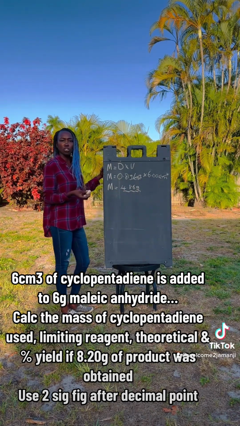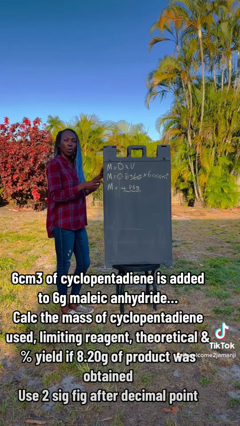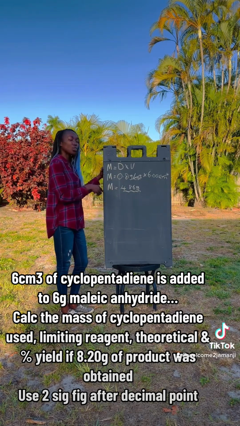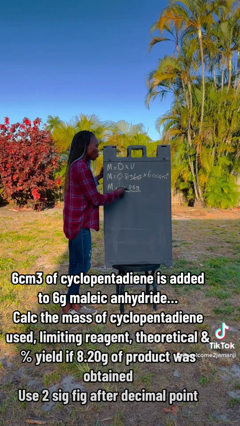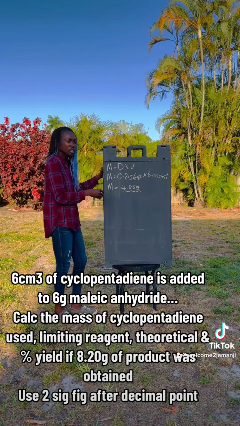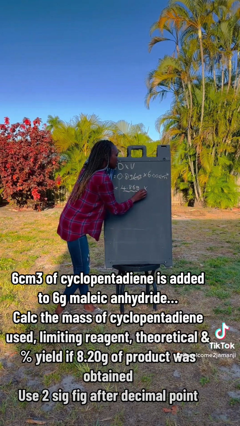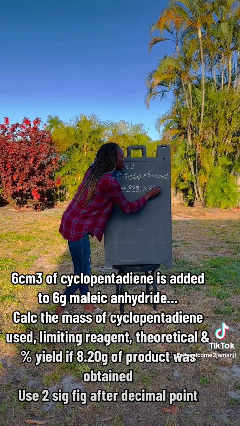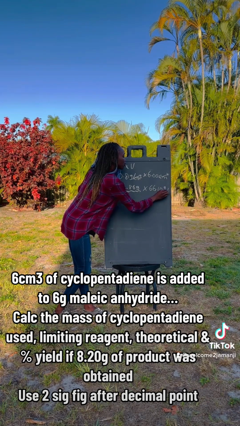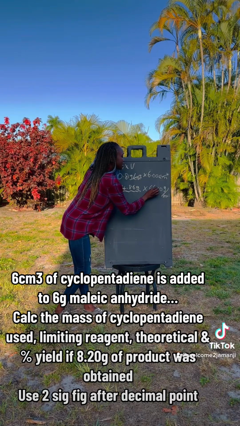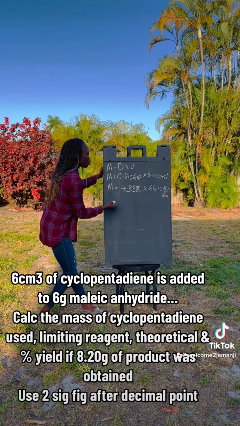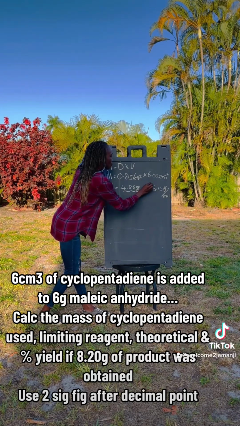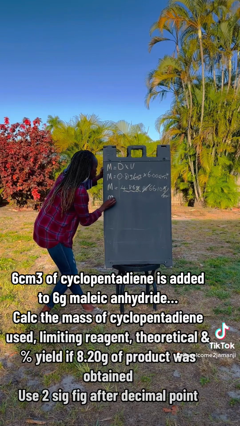Now, to figure out your limiting reagent, we need to convert both cyclopentadiene and maleic anhydride from grams to moles. And to do that, we're going to divide them by their respective molecular weight. So for cyclopentadiene, we have 4.86 grams, right, as your mass. The molecular weight of cyclopentadiene is 66.10 grams per mole. Again, two significant figures at the decimal point. Your grams will cancel and your value will be in moles. Once you divide, you'll have moles of cyclopentadiene,